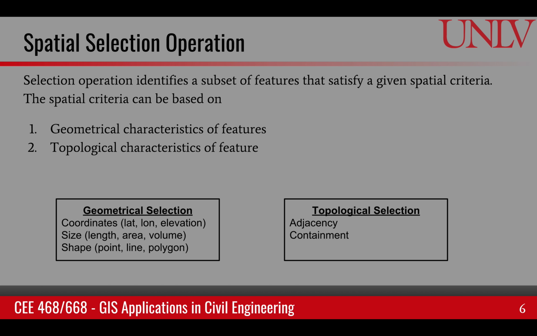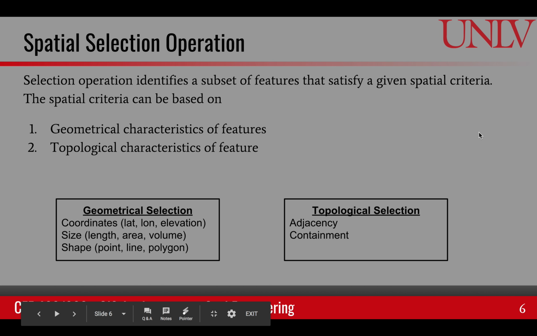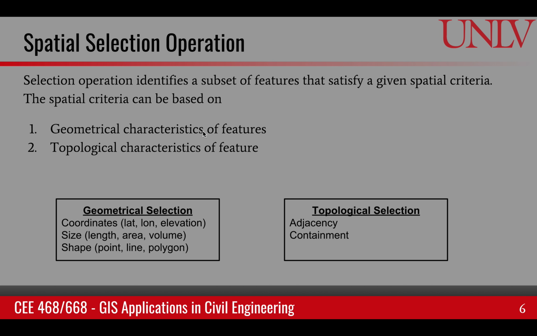The other important operation that we perform on a regular basis is the selection, or spatial selection, operation. This basically identifies a subset of features that satisfy a given spatial criteria. And this spatial criteria can be based on geometrical characteristics, for example, coordinates, size, or shape. It can also be based upon topological characteristics, for example, adjacency or containment. Let's look at some examples to help understand. So first we look at the geometrical selection,